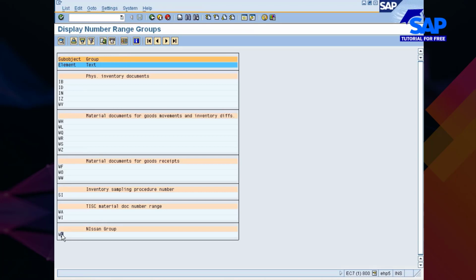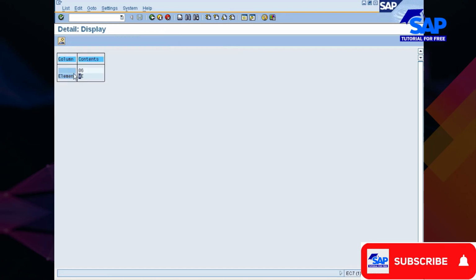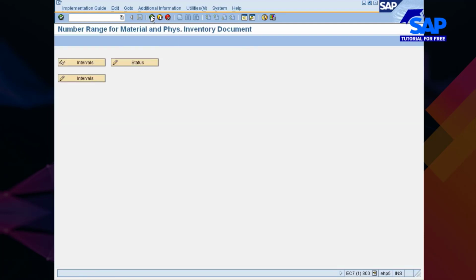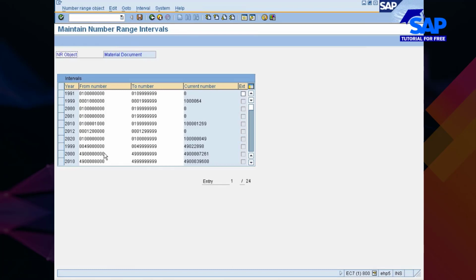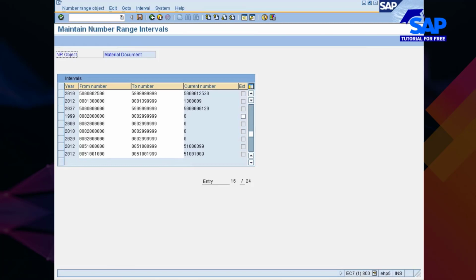So this is the one. If I go with it, you would see it. Okay, so this is the number range that you have used.